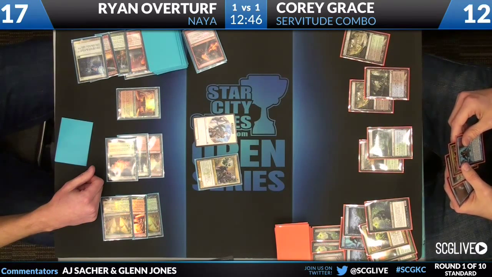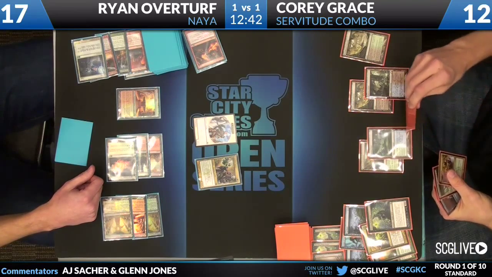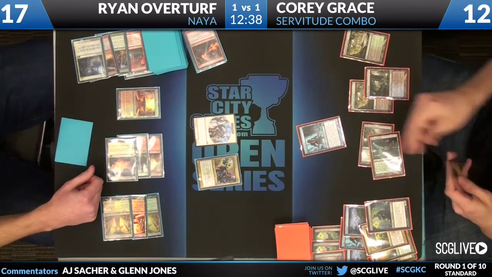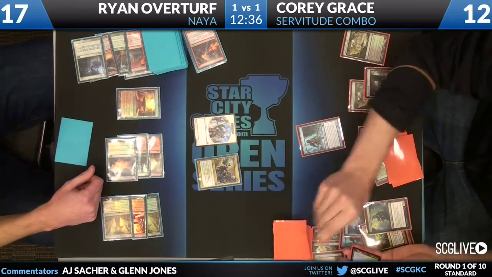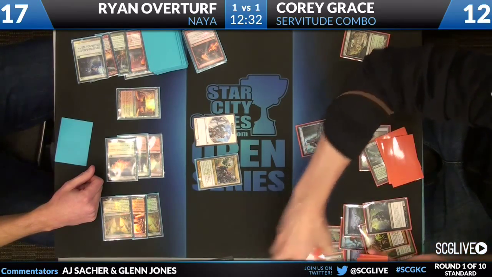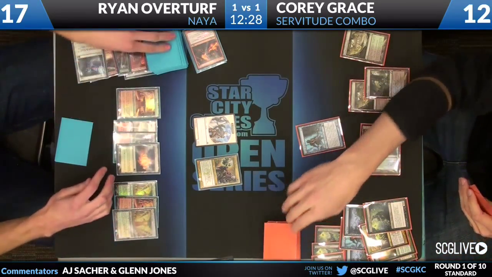So very valid point. I think that's probably worth just going for right here. Yeah. Well, it looks like an Augur of Bolas is happening, so we're gonna get a little more value here. Trying to set up, get as much value as he can. Well, you only have 4 Servitudes, right? So you really do have to get max value out of each and every one of them if you don't have multiple,